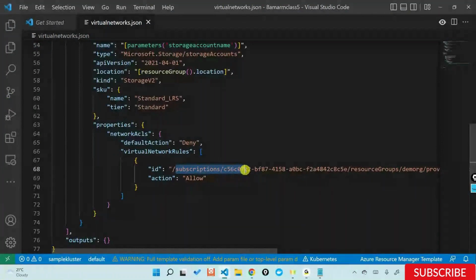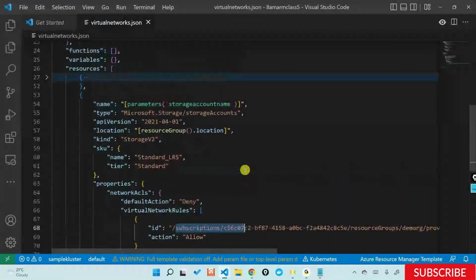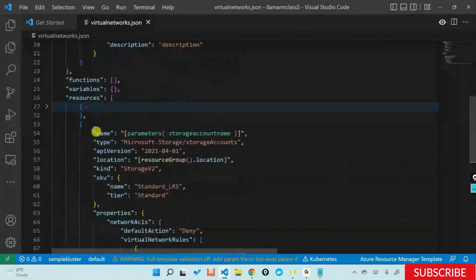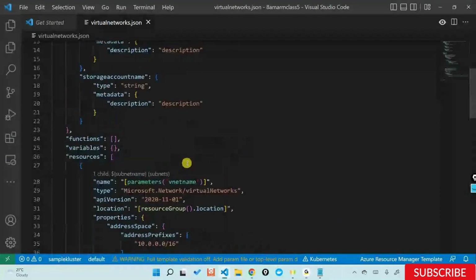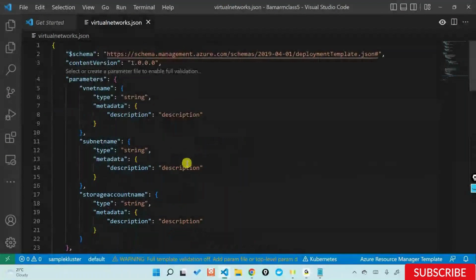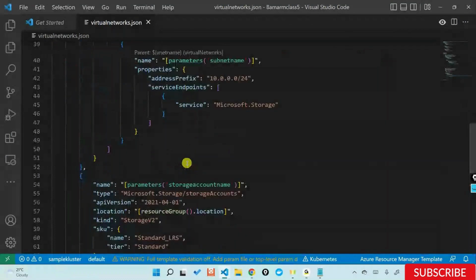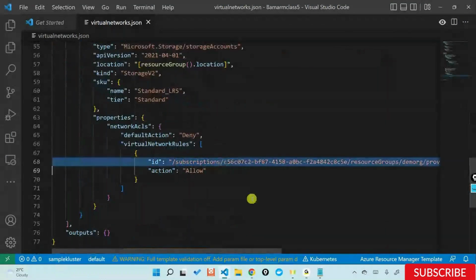Now, do you get what is the issue in hard coding the ID out here? Because now, whenever you give this template to someone, they would like to create their own virtual network and their own subnet by passing the parameters. The reason you have parameters is for a reason. But here, if I hard code the ID, then I am making my template very static. I'm making my template tell you that, you know what,